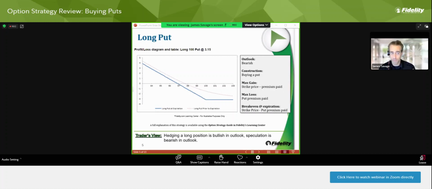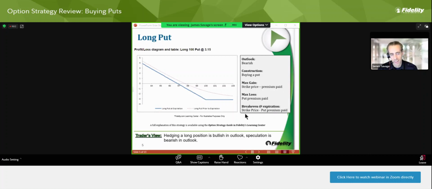shorting a stock. And even if you're not ever going to consider shorting a stock, I like to compare and contrast them because those are the two most common bearish ways to try to profit on some type of stock, index, or ETF outlook. And that break even is going to be the downside compared to shorting. That strike price minus the premium paid is our break even